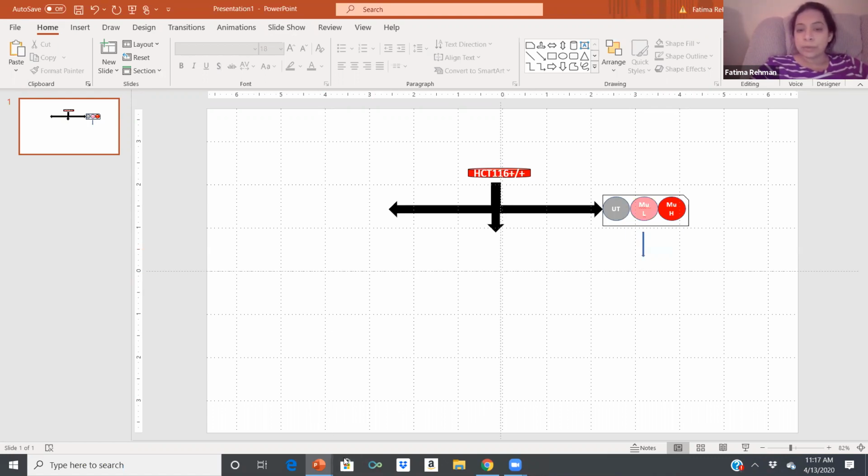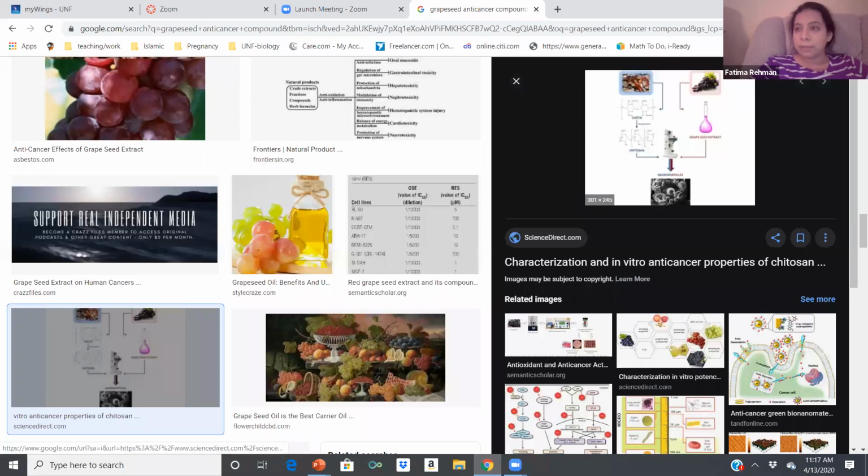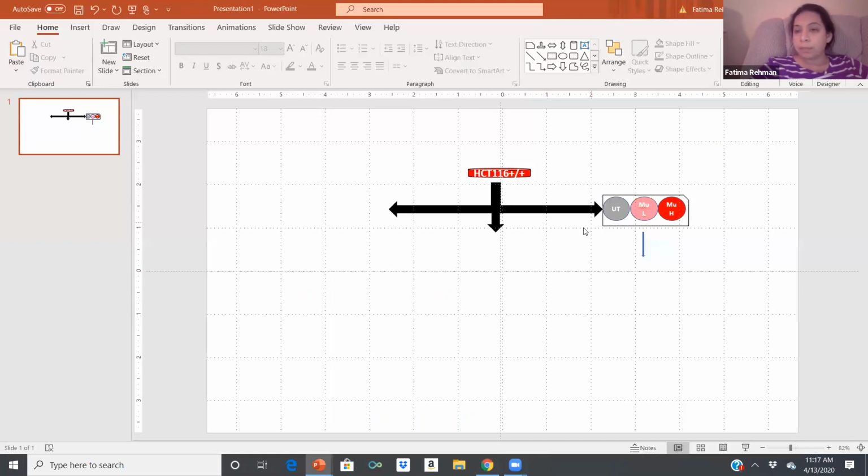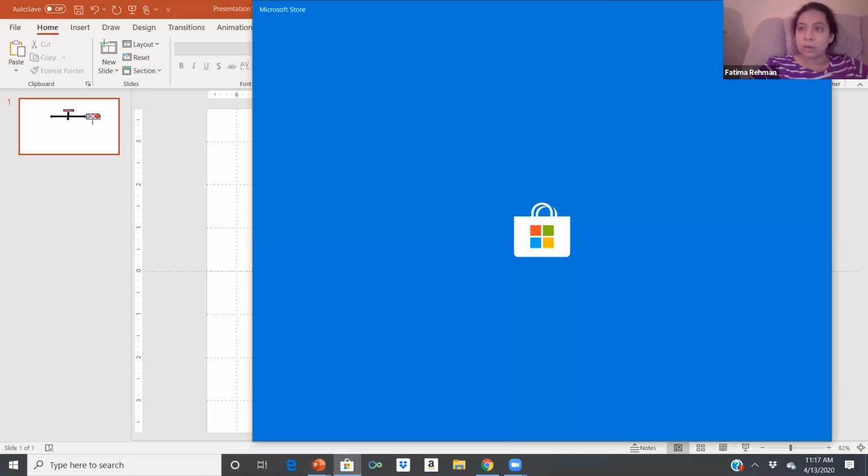So that's how you would do your little flow chart. You can also just write it out as different steps instead of making any images in there. You don't need to put images. It just brings a little bit more to it. Once you are done with it and you are happy with the final product,